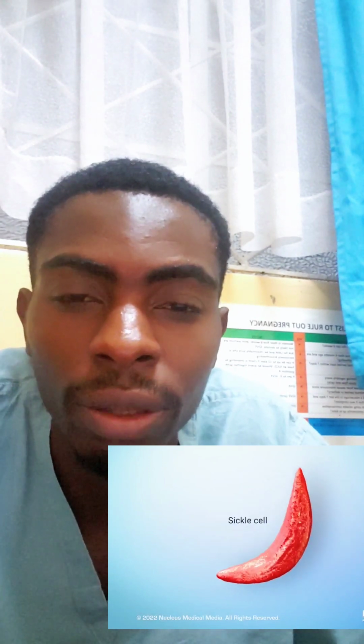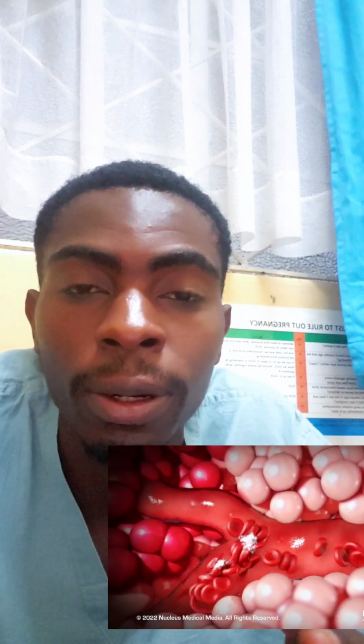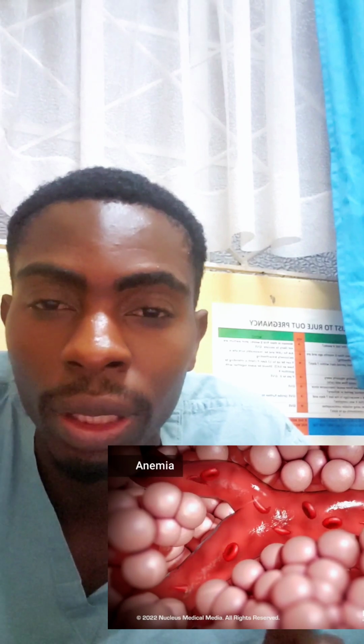the hemoglobin is formed. One of the main functions of hemoglobin is to transport oxygen, but once it transports oxygen, it tends to change and forms a half moon type of cell. By nature, a red blood cell is supposed to be round and it needs to be flexible, not rigid, because once it becomes half moon shaped,